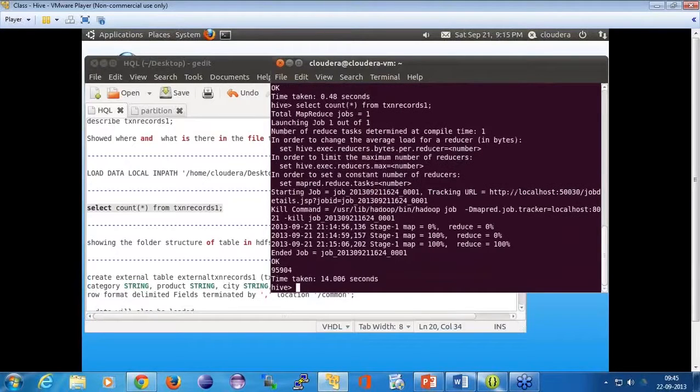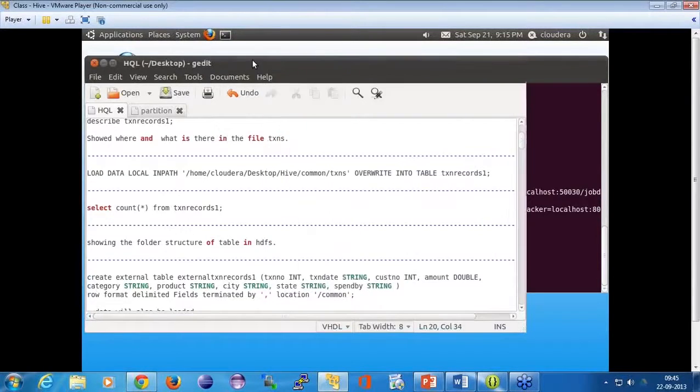And it says that it took so much time. These are the number of records which it has returned after that query. Okay, so clear with everyone. This is the time which it took, and this is where it created a MapReduce job. Okay, so it is as simple as that.